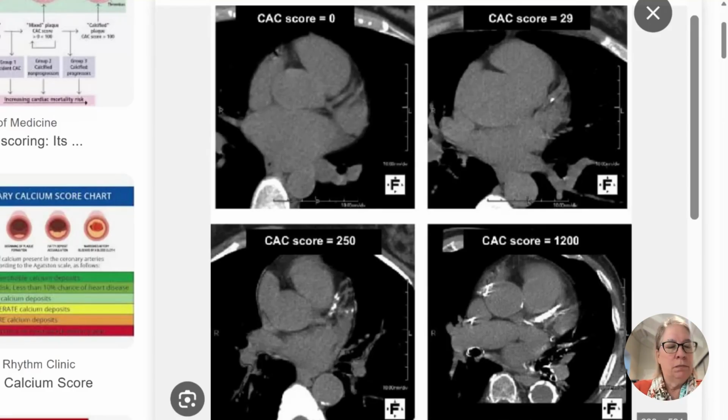So if you smoke, stop smoking. If you don't smoke, don't start. If you are diabetic, make sure your blood sugars are well controlled. If you have high blood pressure, we want the blood pressure to be well controlled. If you have high cholesterol, understanding what your cholesterol target should be and then treating that either through diet, exercise, or medications. So even if we have a coronary calcium score of 0, we should all be concerned about our